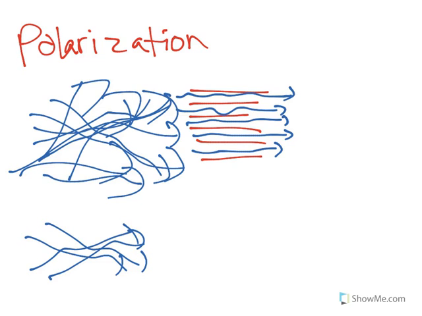As an afternote, if you have one film pointed this direction and then the next film you point this direction, obviously the light can't get through, so you will black out the light. You won't be able to see anything through it. Okay, so that's polarization. Then we have the Doppler effect, and the Doppler effect is caused by a sound being